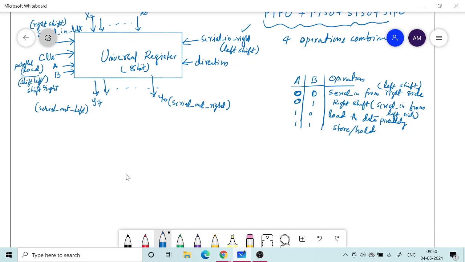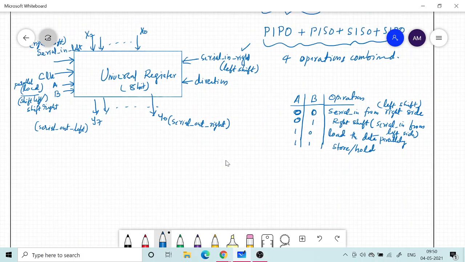But if you want to have say two more features, yesterday I only took one of the outputs because I didn't want parallel output, but in this case you should have serial in and parallel out also should be there, and there should be serial input from both sides also. So that's to incorporate the other options which are there.